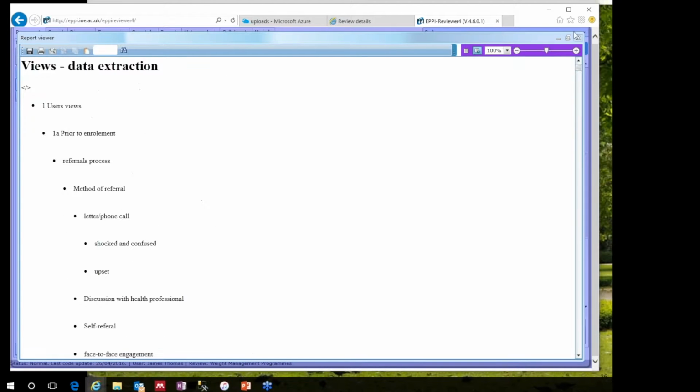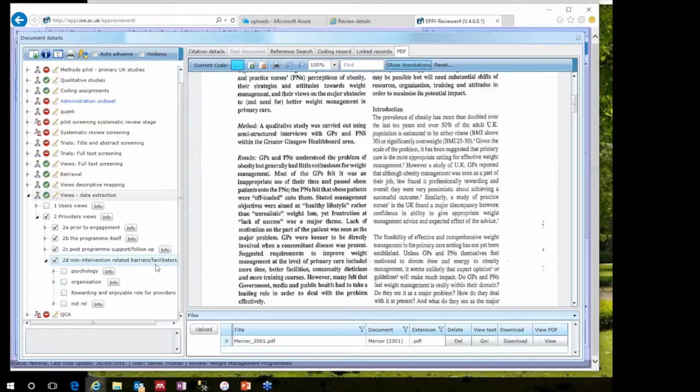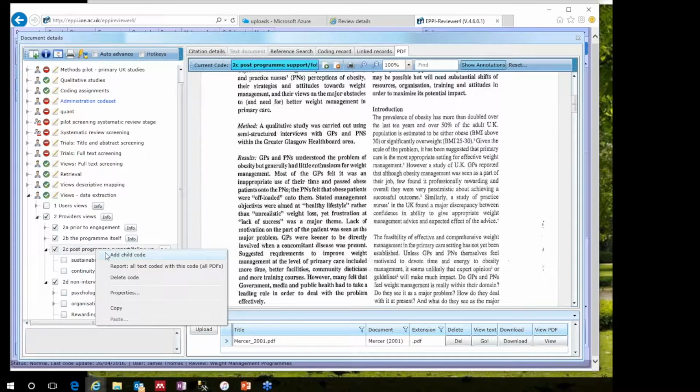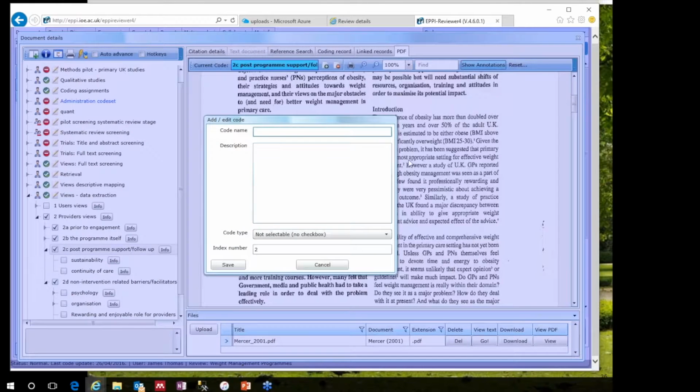But it might well be that we need to modify this as we go. So for example, it might be that there are some issues around post-program support and follow-up. For example, at the moment we've got issues around sustainability and continuity of care. And what we can do is, while we're in the middle of reading the paper,